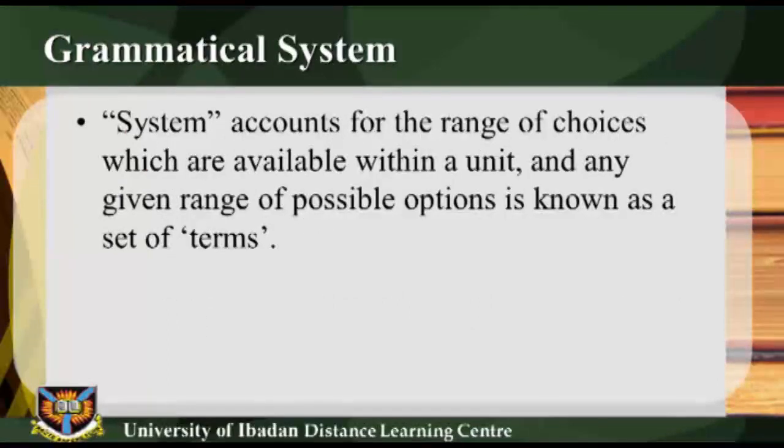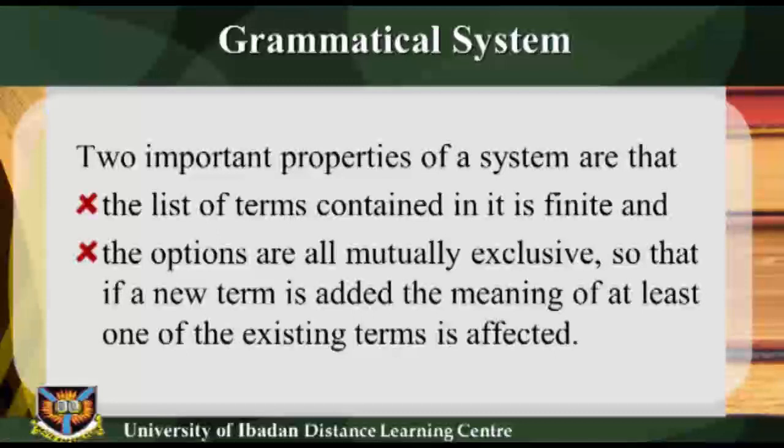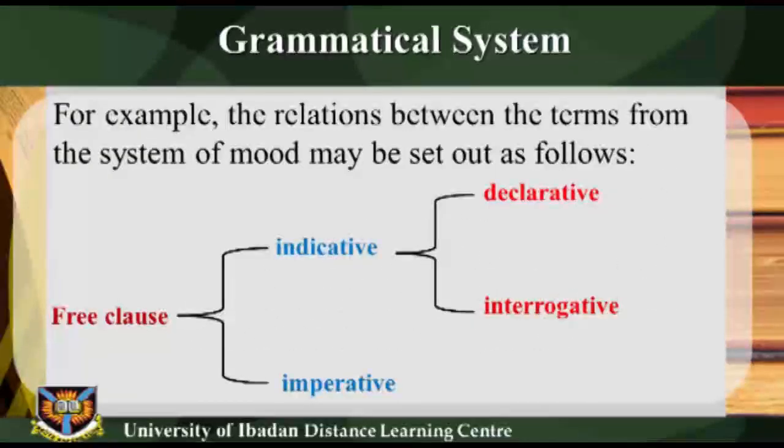Grammatical system. The category system accounts for the range of choices which are available within a unit, and any given range of possible options is known as a set of terms. Two important properties of a system are that the list of terms contained in it is finite and that the options are all mutually exclusive, so that if a new term is added, the meaning of at least one of the existing terms is affected. For example, the relations between the terms from the system of mood sentence types may be set out as follows: